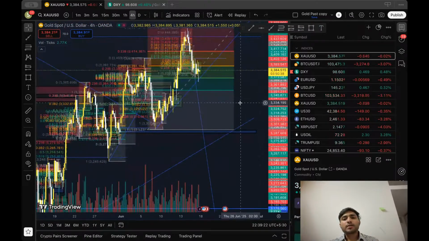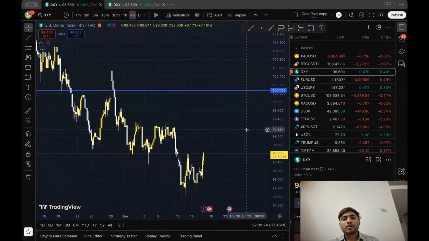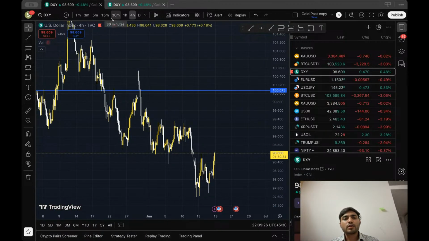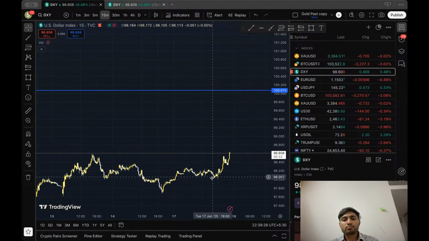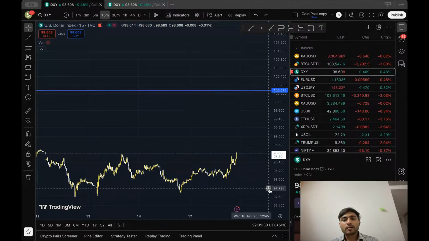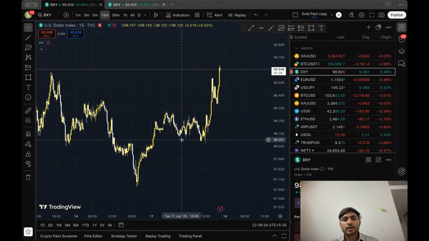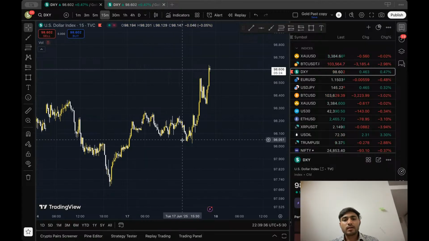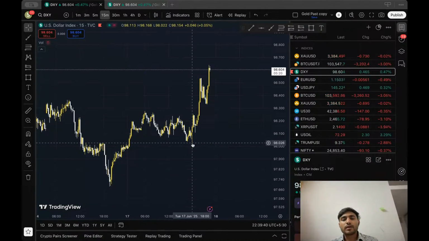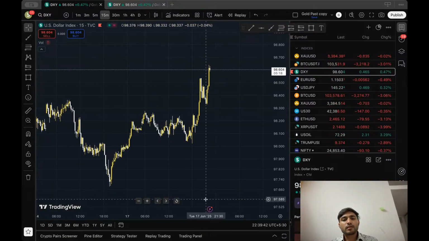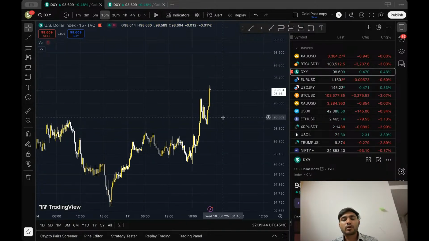DXY has given us a good bullish movement today. Gap up opening we had, and some liquidity happening, and we have a very good upside,